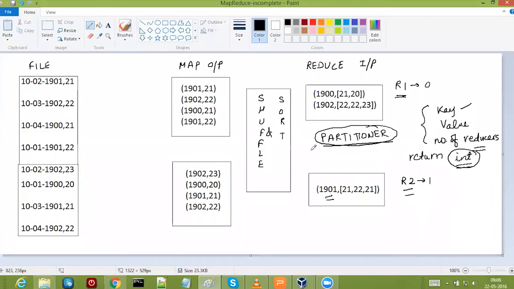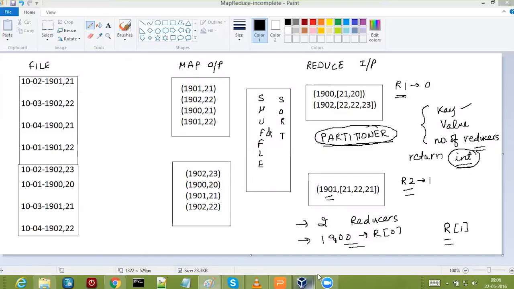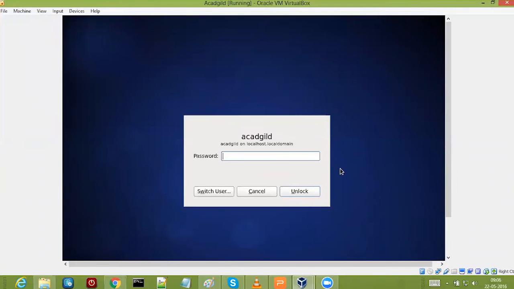Now my use case is, I want to have two reducers. This is the problem statement: all the keys of 1900, that is all the data of 1900, should go to the first reducer, that is the reducer at index 0, and other keys which are not 1900 should go to the reducer at index 1, that is the second reducer. So this is the use case. How to implement this? In the same example which we discussed,